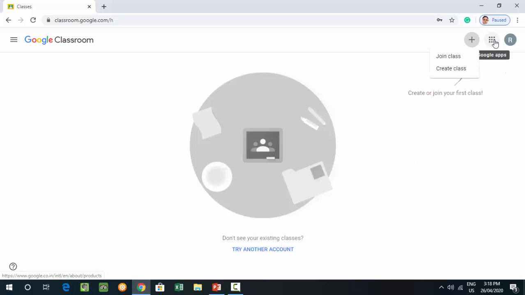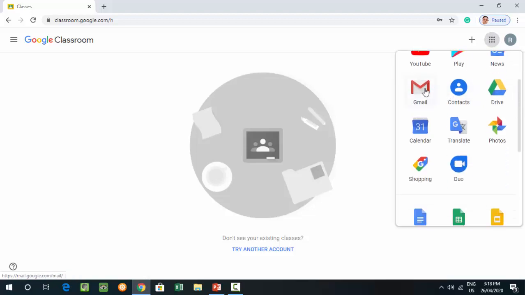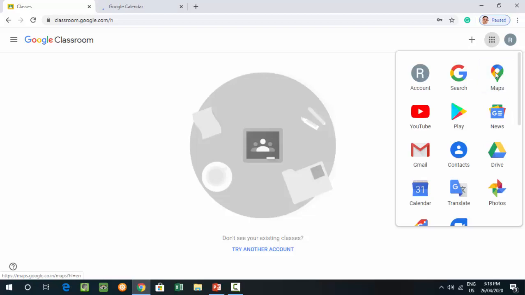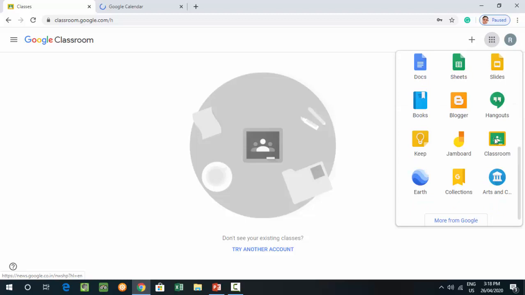You will see there are a number of Google apps available over here. In the same apps you will find Google Classroom also. If the interface is showing you only these dots, then if I want to go to Gmail, I click on Gmail and I can come to Gmail, or if I want to go to Google Drive, I can go to Google Drive. It gives you the option of Calendar, the option of Translate. Many options are available over here, and in the same way there is another app named Classroom. If I click on Classroom, automatically we come to Google Classroom, and your Google Classroom will be active in front of your eyes.